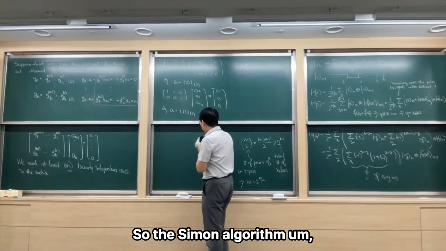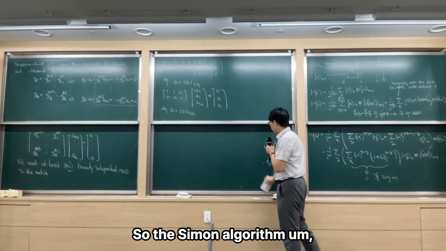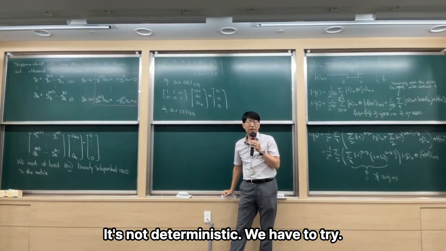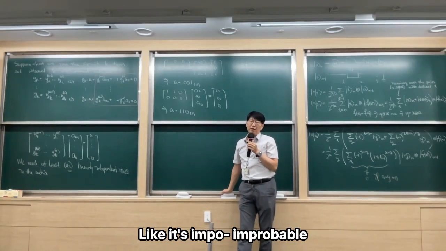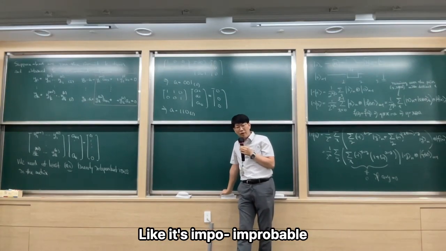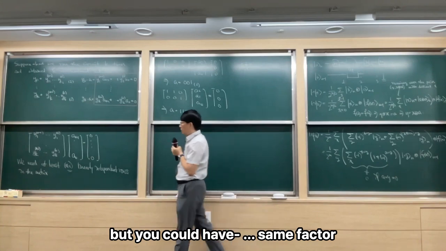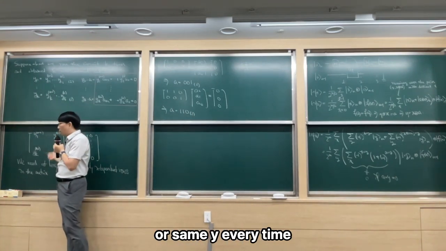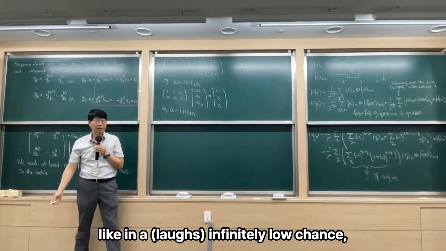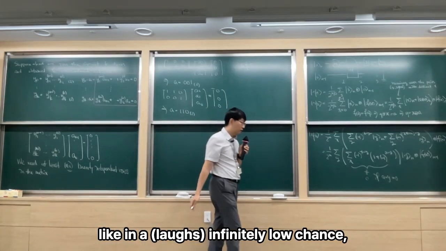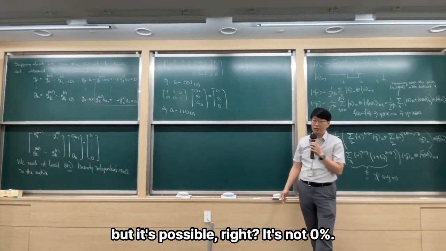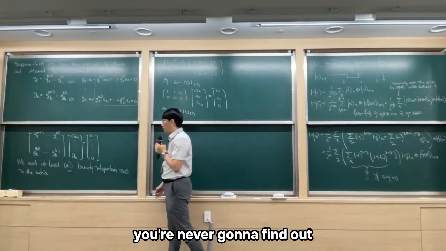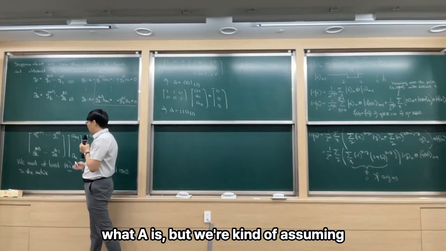So the Simon algorithm is basically just trial and error. It's not deterministic. We have to try. It's improbable, but you could get the same vector, or the same y, every time you take a measurement. Like with an infinitely low chance, but it's possible, right? It's not 0%. So in that case, you're never going to find out what A is,